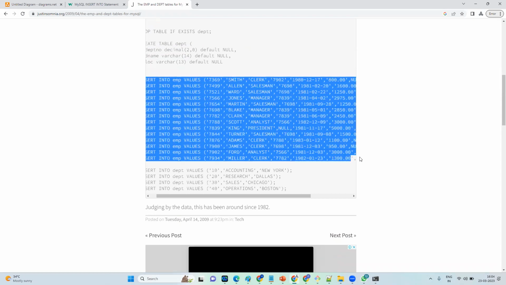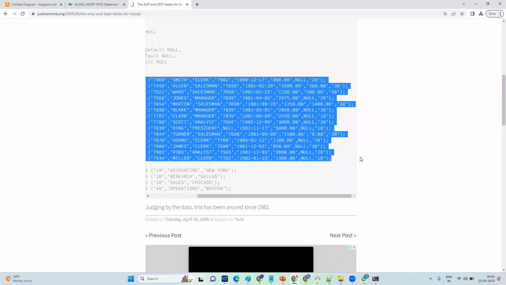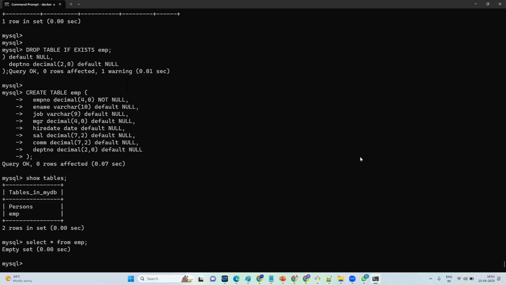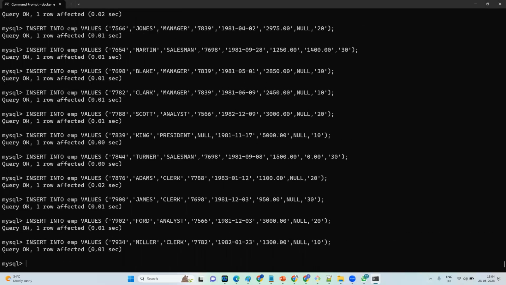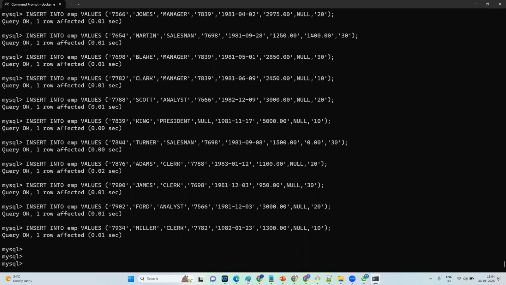Here there are a lot of records of data given. Just copy that entire step and insert it over here, paste anyway, enter. Now all these records of data got added into the table EMP. Now if you say select star from EMP,